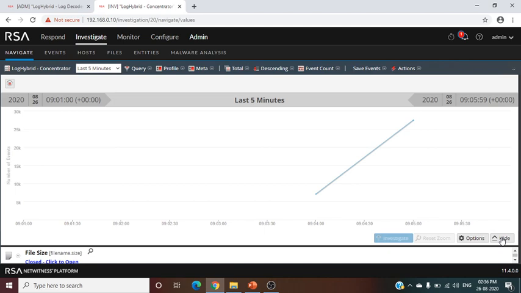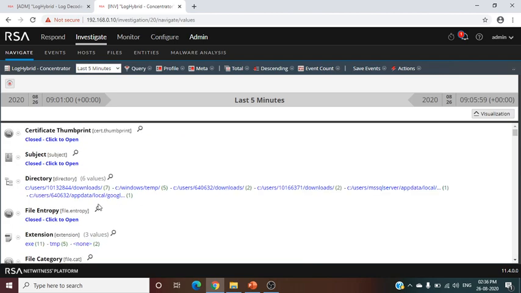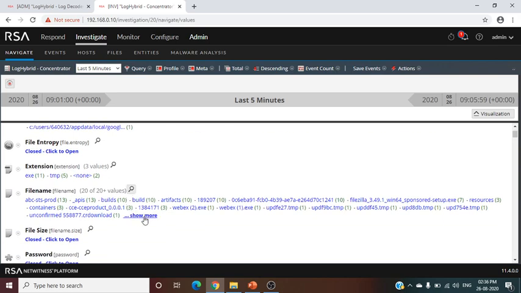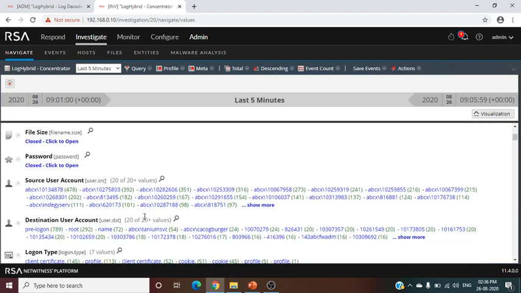So I can see some. Yes. Now I can see the logs have been parsed and indexed.